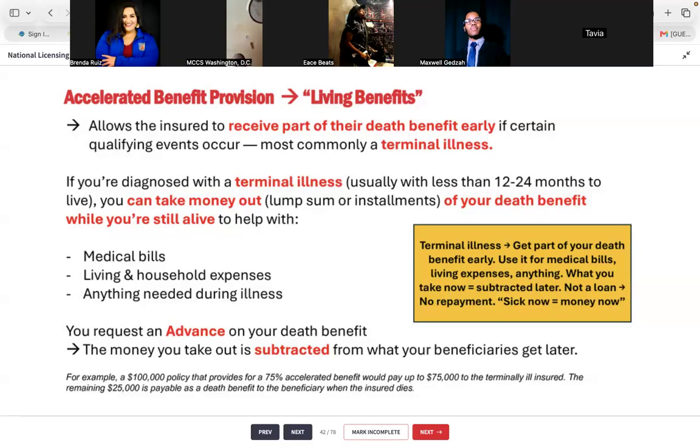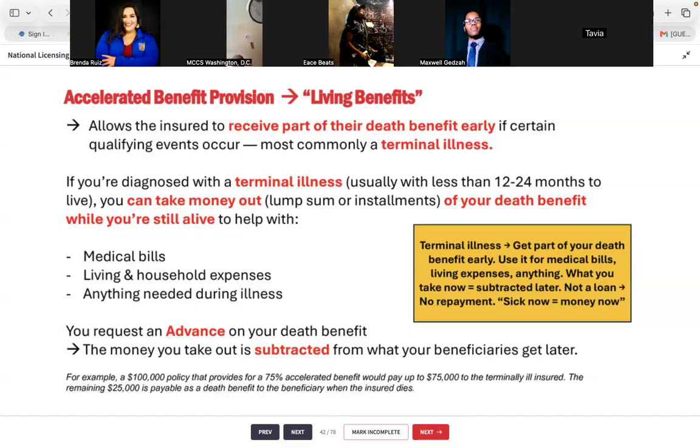Right? And she's literally going to get surgery, and then they're like, "Oh, we have to cancel your surgery because you're pregnant." She's like, "What?" Didn't even know. So she was able to take some of that money, save it for her daughter, and put it into another life insurance policy. It's crazy. This money, again, you don't have to pay it back. It's your death benefit that you get while you're still living.